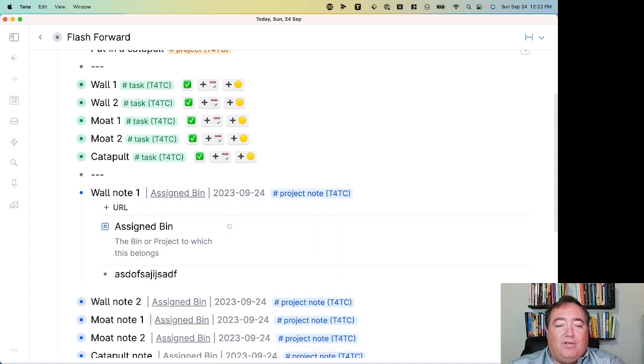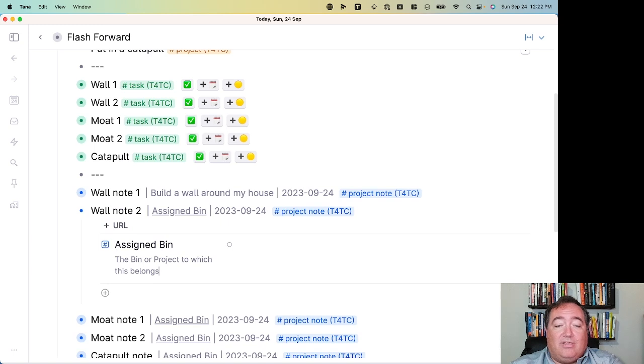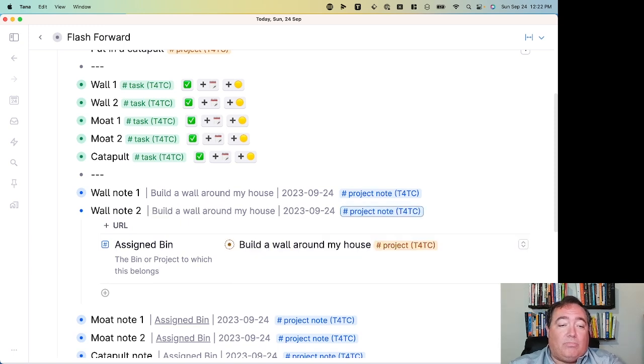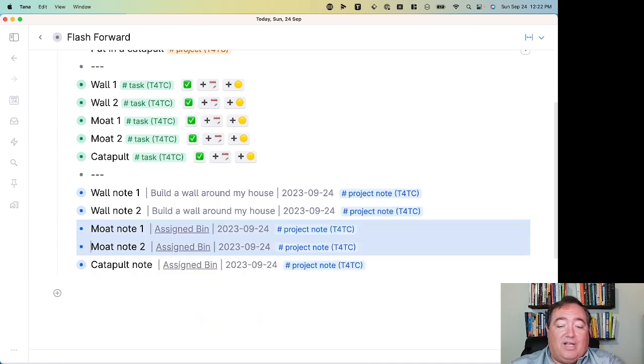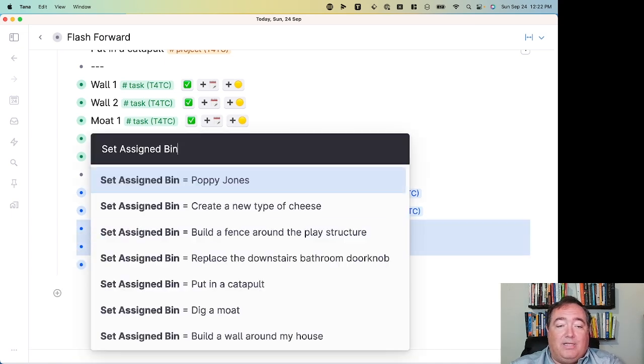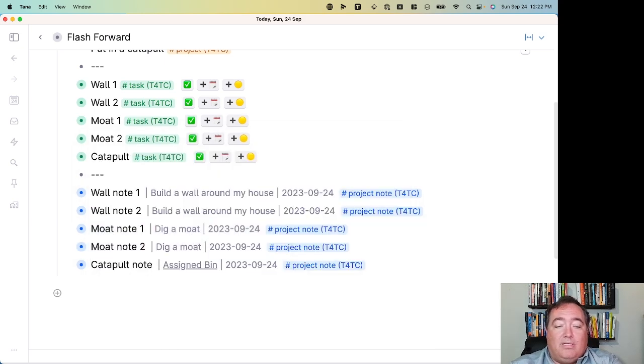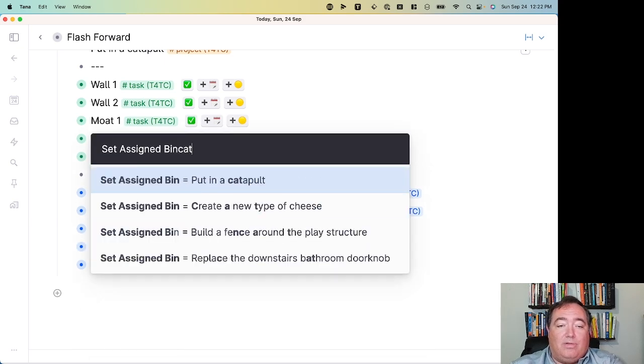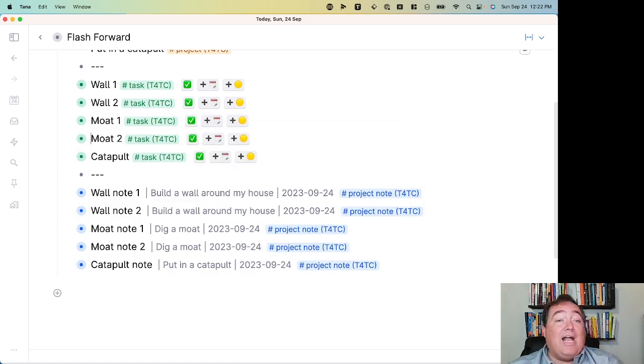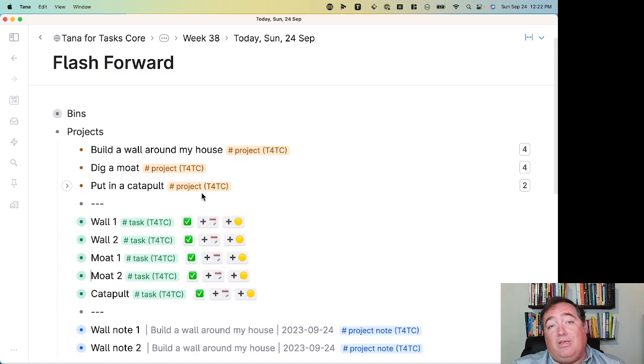When these came up here, you can see assigned bin is already added to it, and the stuff that's underneath there is there. So we'll add this to our build a wall project. We'll add this to the build a wall project as well. This one we'll assign these both together. Set assigned bin, moat, and set assigned bin catapult. Okay, so now just like we did with the